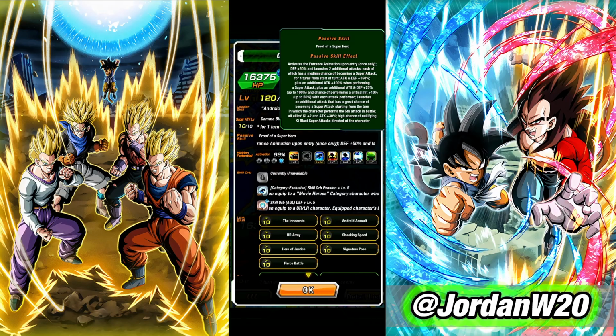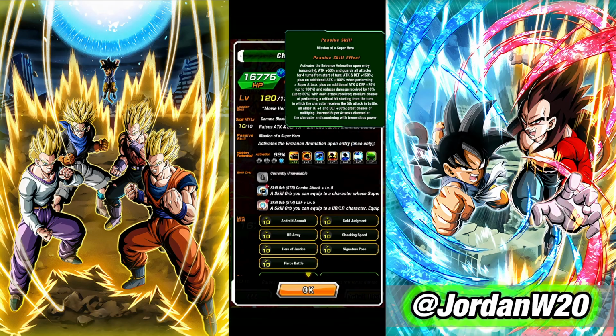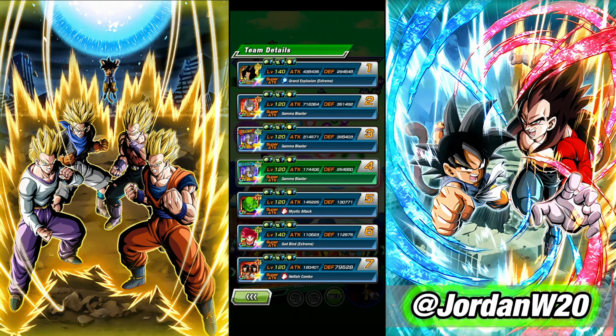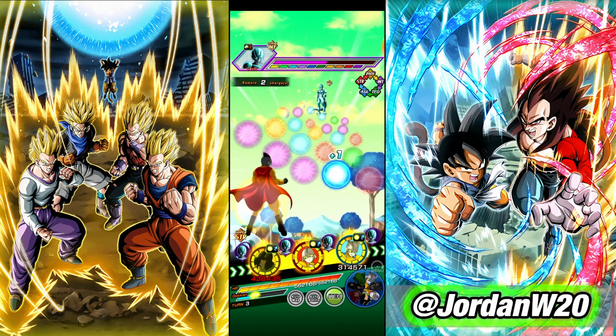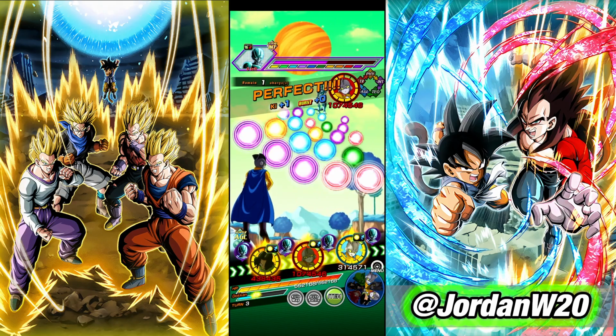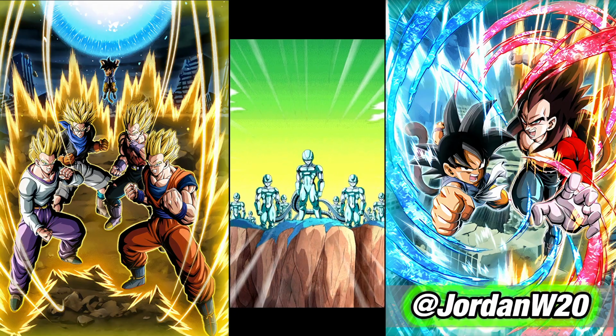All allies 2 key attack plus 30%. And all allies 1 key defense plus 30%. So there we go. They're going to be looking fine on this rotation. There we go. And all good. All right, let's see how things go. We will move into the core after this phase, so. All right,